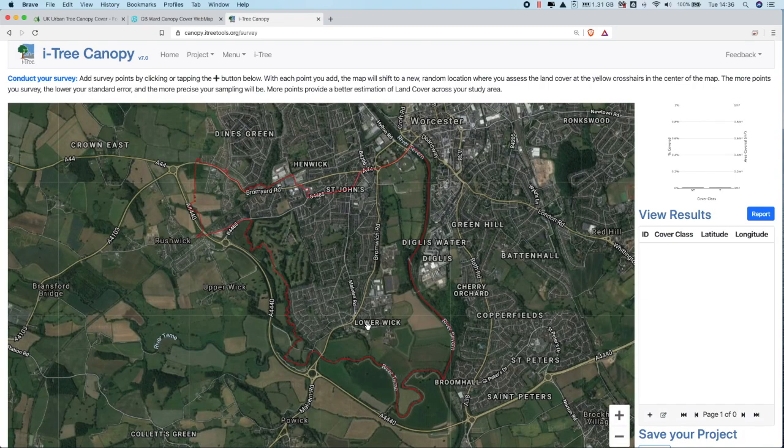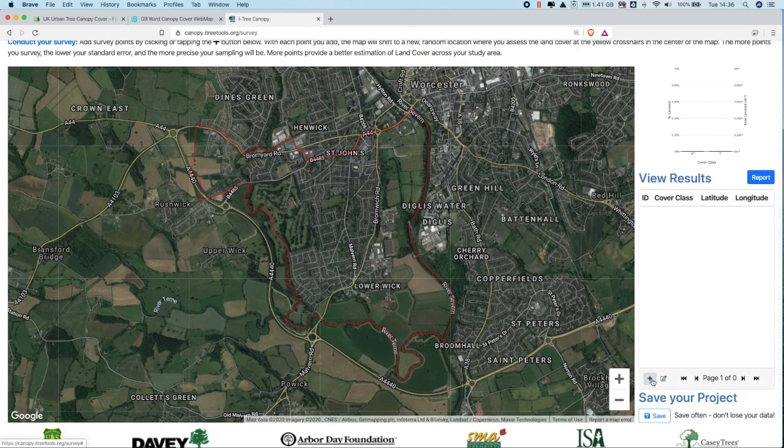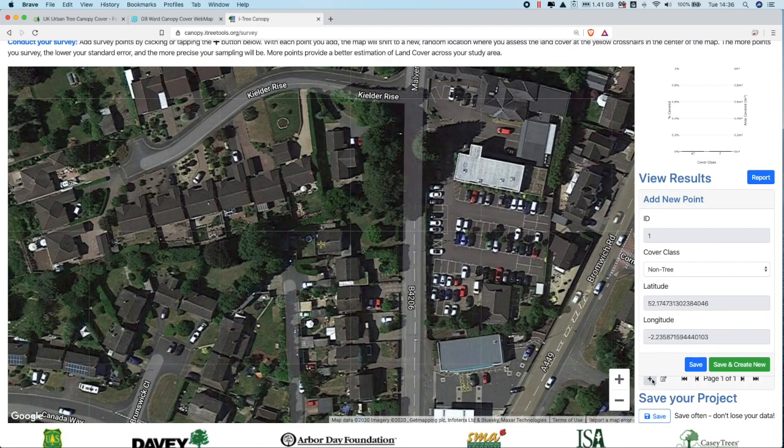So here we are on the main assessment page, and you can see the red ward boundary overlaid on this, I think it's probably a Google aerial image. And now the iTree software website is going to generate randomized points within that boundary and ask us to essentially tell the software whether we're looking at a tree or not. So it's quite simple. To begin, you just need to click this little plus icon here, and you'll see that our first